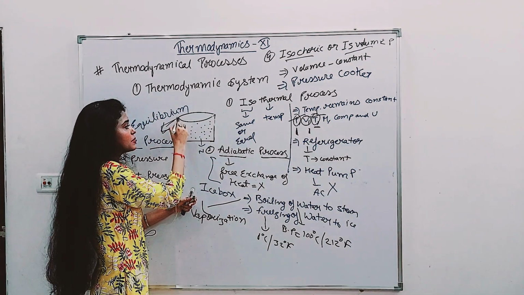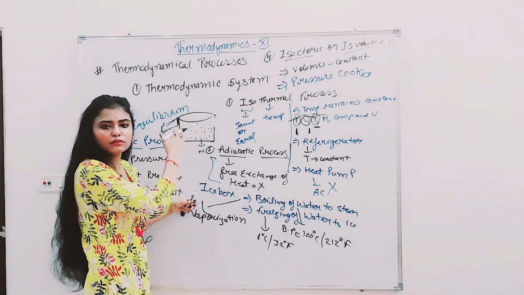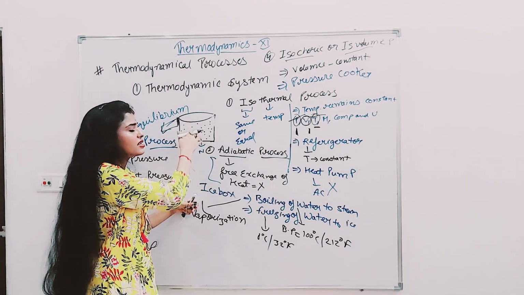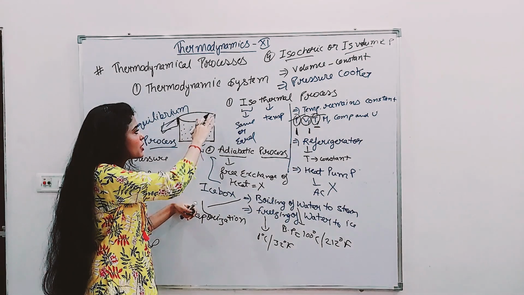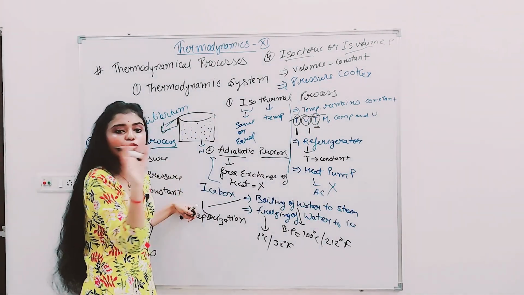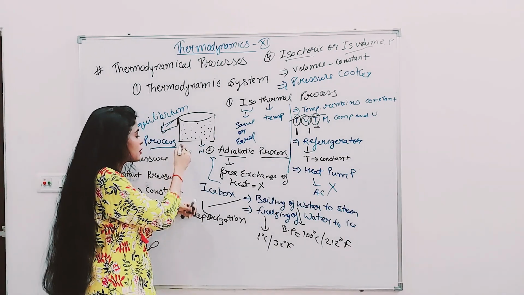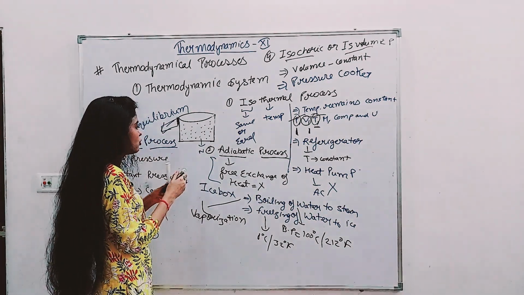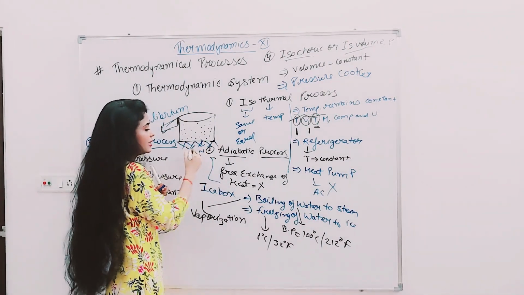Let's just say this is the pressure cooker and you have nothing inside it, but air only. Once the pressure cooker is sealed closed, its volume cannot change. Now, if you put this pressure cooker on a flame,